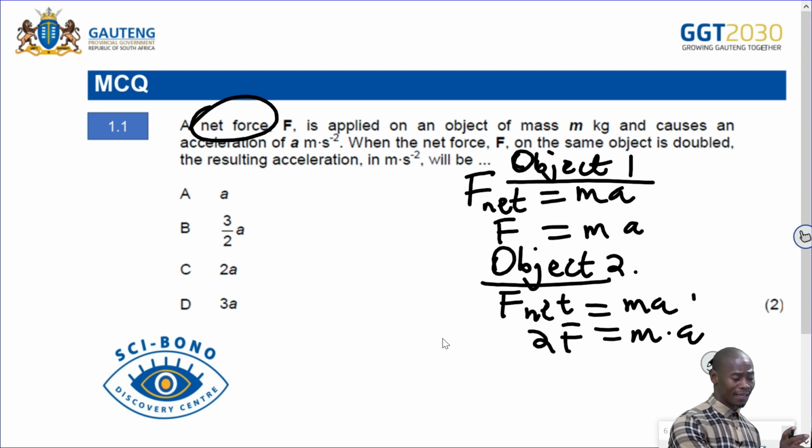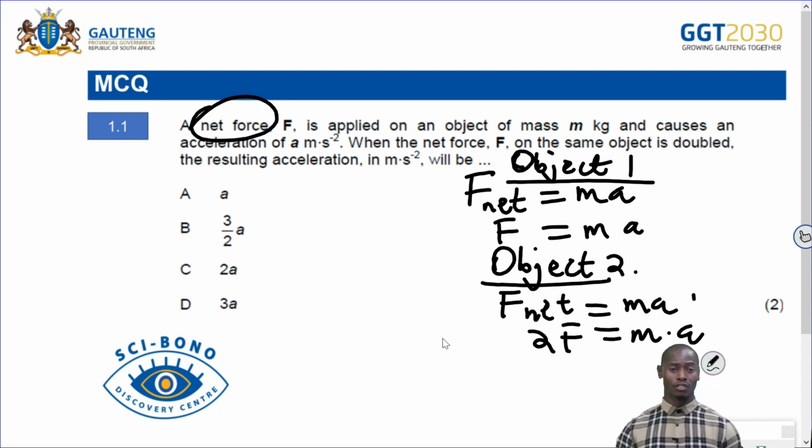Remember, one of the things that you can do, without using this method that I'm using here, you know already the relationship between acceleration and the force. The relationship between acceleration and the force from Newton's second law: acceleration is directly proportional to